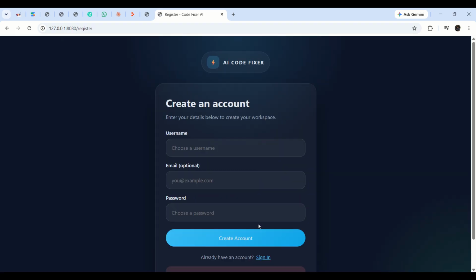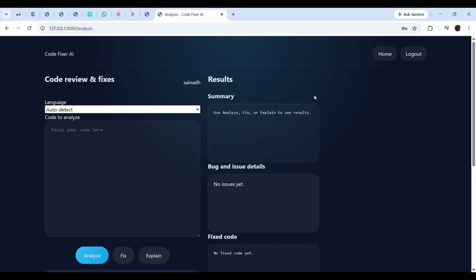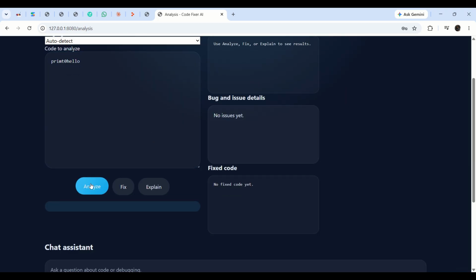So we are going to register. Okay, so I am going to create the account, and the password length should be 6. Okay, so here we got the analysis page. Suppose I'm going to give print. So I'm going to give wrong code, and we will analyze how it's going to show,